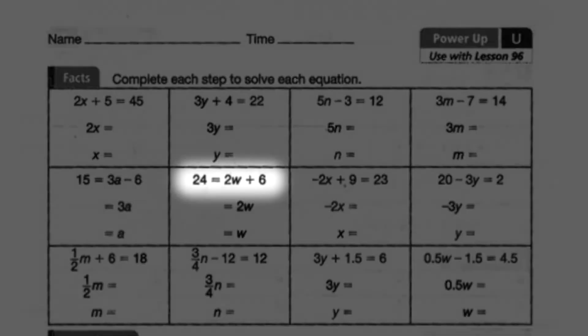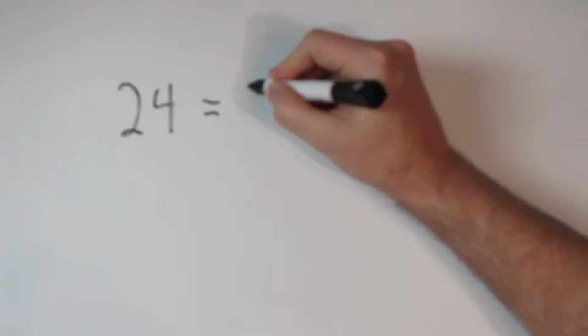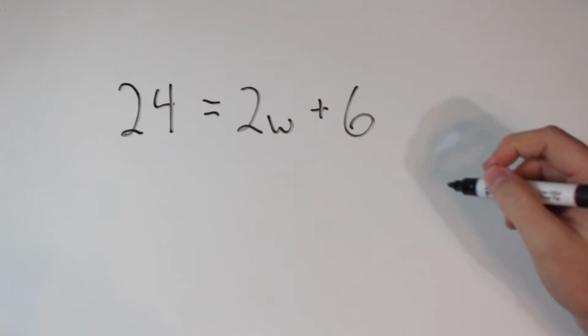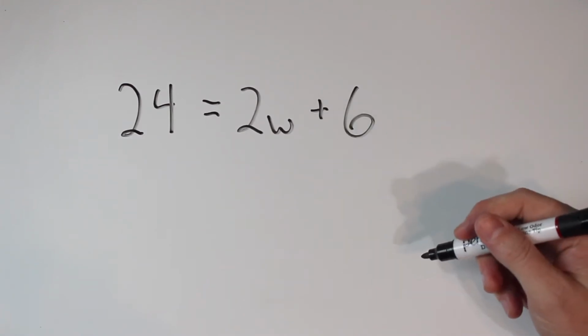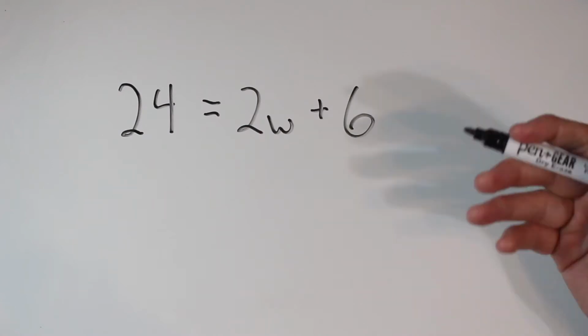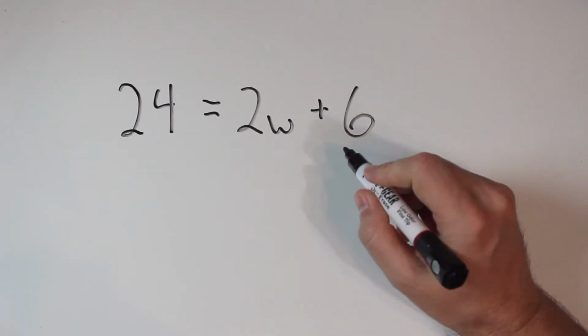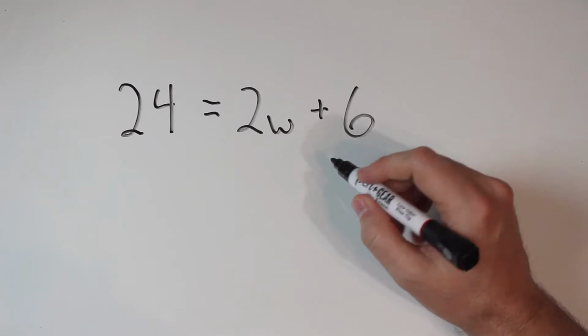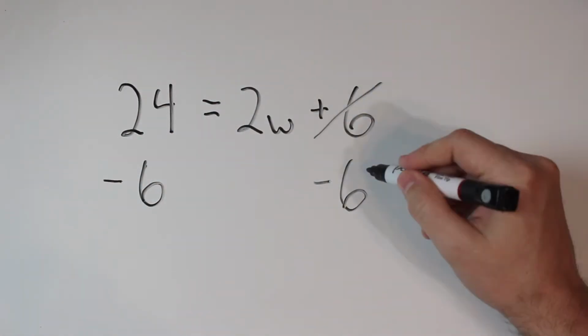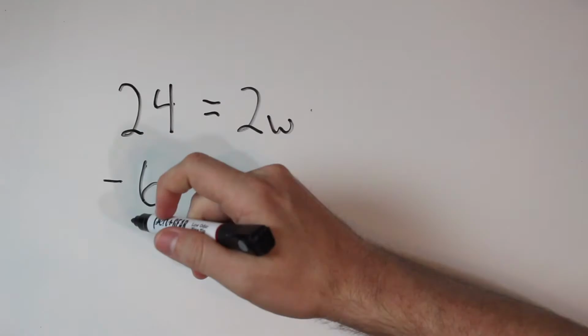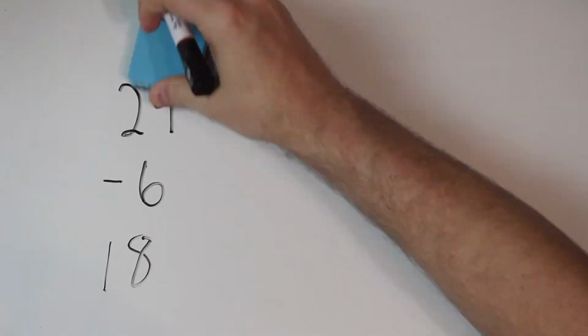24 equals 2w plus 6. Once again, this problem is written differently than we're used to. But let's try to solve it this way anyway. The steps are the same. First, let's undo the addition operation by subtracting 6 from both sides. After we cancel the 6's on this side and subtract 6 from 24 on the other side, we're left with